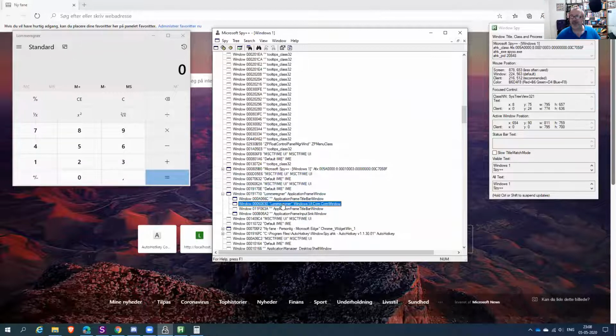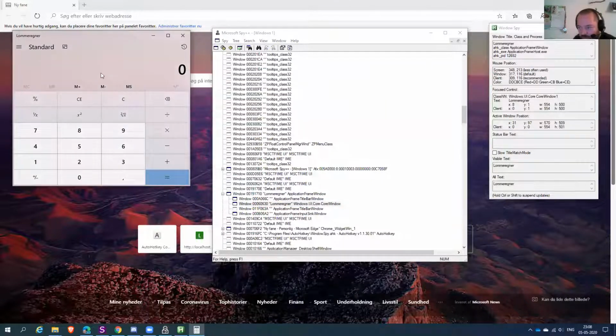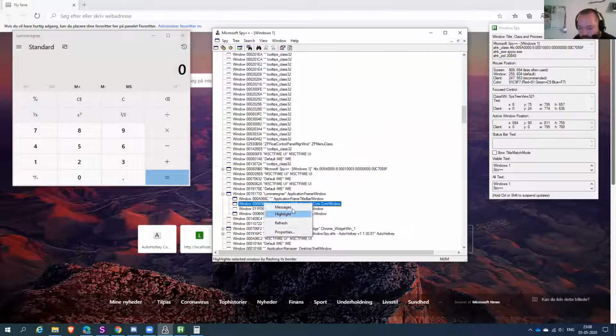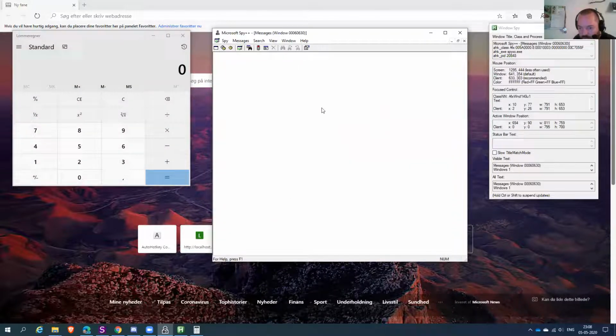I was going to say, because I have one here I'd like to show on a similar... Yeah, sure. I wanted to go with this one, which is the control I get when I'm over here. I get the Windows UI core window 1, which is this one. Yeah. So I wanted to pop up the messages and